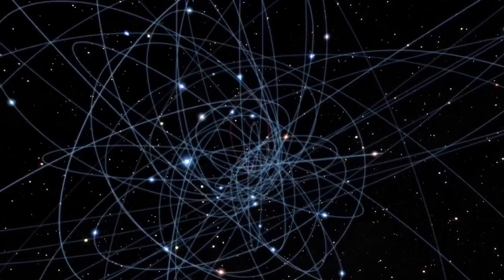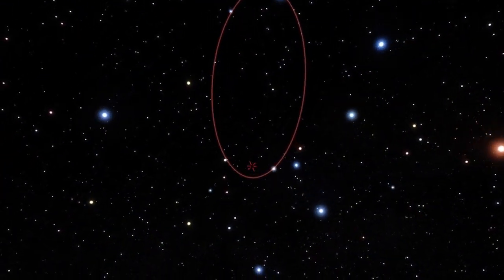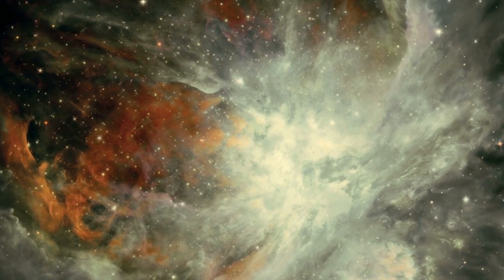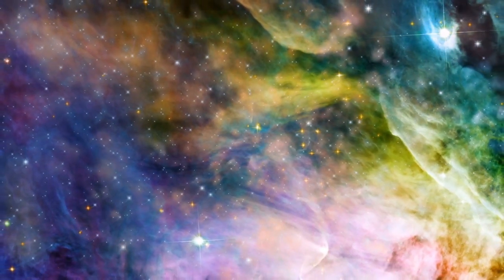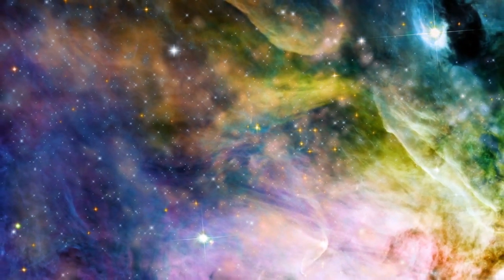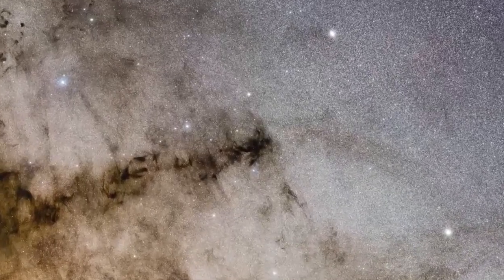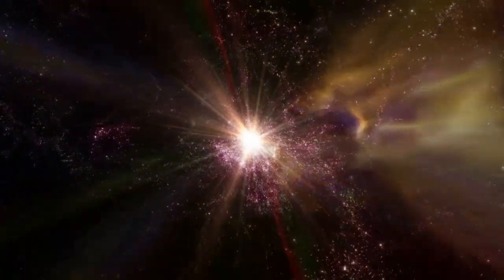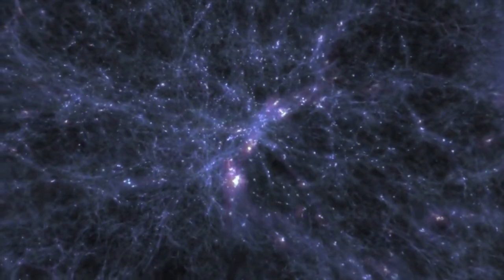92,955,807 miles. Using this measurement, the distance of 61 Cygni was calculated to be at 66,000 astronomical units, or 9.9 times 10 to the 13th power kilometer, or 6.13 times 10 to the 12th power miles. To illustrate how far that was, Friedrich added a little trivia for his readers. Light takes approximately 10.3 years to travel that distance. Friedrich refrained from using it much though, because the speed of light was yet to be a determined constant at